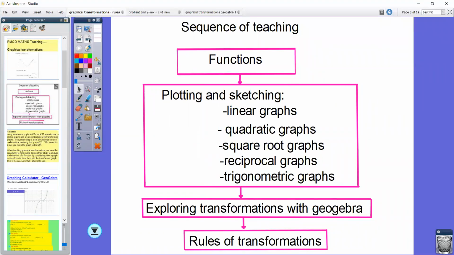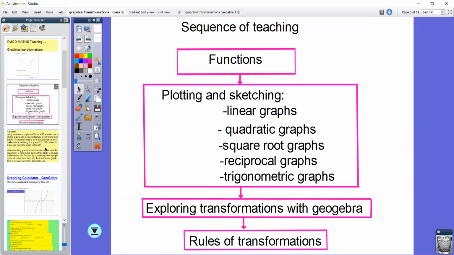First, the functions and the plotting and sketching of what I call the base graphs: linear, quadratic, square root, reciprocal, trigonometric. I missed out cubic, actually. Cubic should be on there as well. You should have covered those before starting to look at the graphical transformations. As I said, it should be something that's in the student's library. They should be able to recall these base shapes in their brain to start off with if they're going to have a chance to be successful with